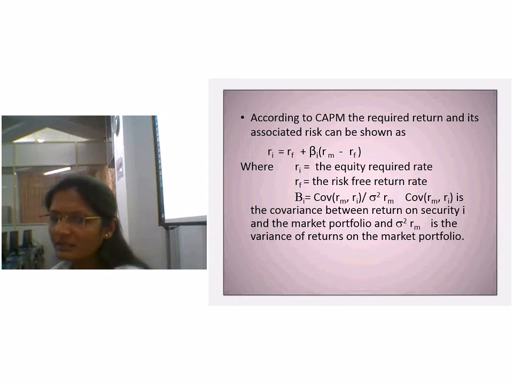Beta is the covariance between the return on security i and the market portfolio, divided by the variance, where the variance of Rm is the variance of returns on the market portfolio. That is the definition for beta, right? Covariance of Rm and Ri is the covariance between return on security i